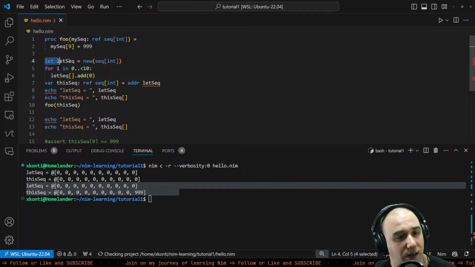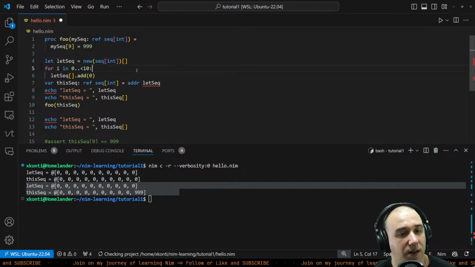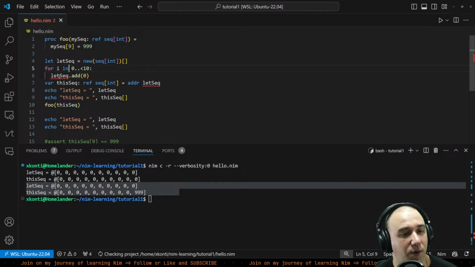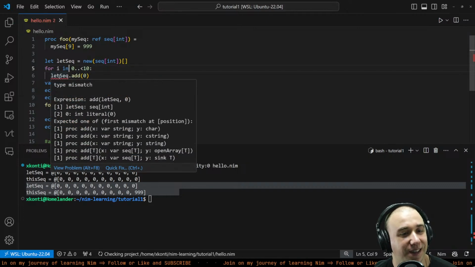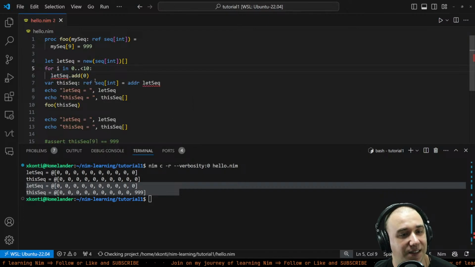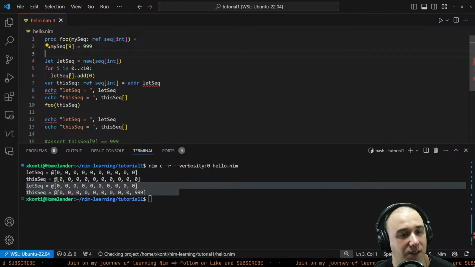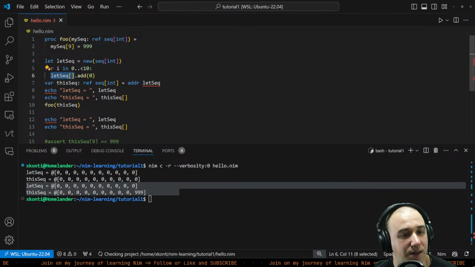So this way I define let sequence as, oh, what if I do that? And now we'll be happy because we have a, it's let, so I can't do that. Huh, this is very interesting. So this will work only if I actually have this whole thing, but